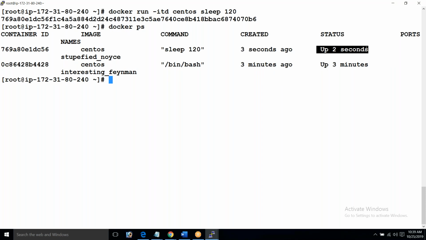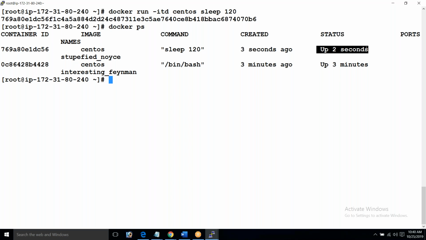Sleep is a command that waits for a given time. Now it has to go to sleep, but I said to postpone the sleep to the next 120 seconds. The container will run. Meanwhile, I will perform some tasks, and after performing the task, the container will go off.